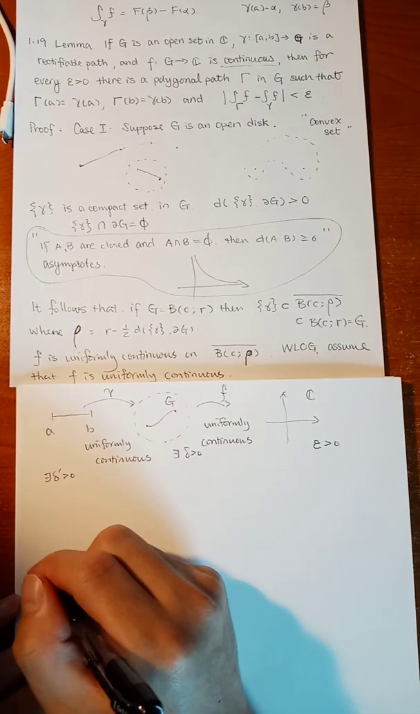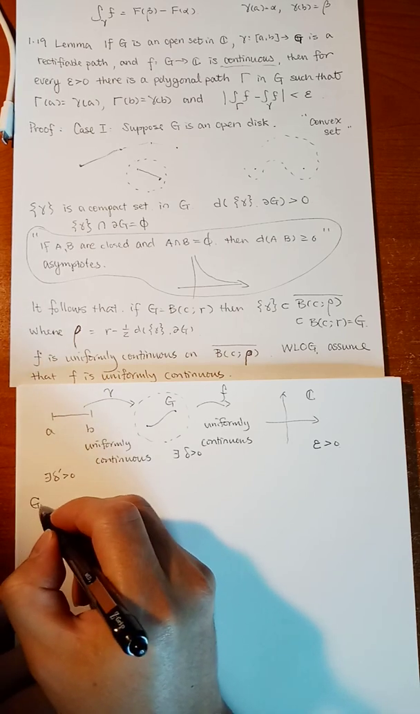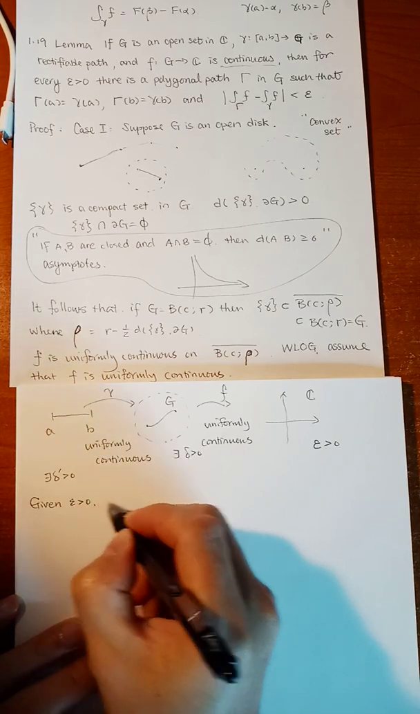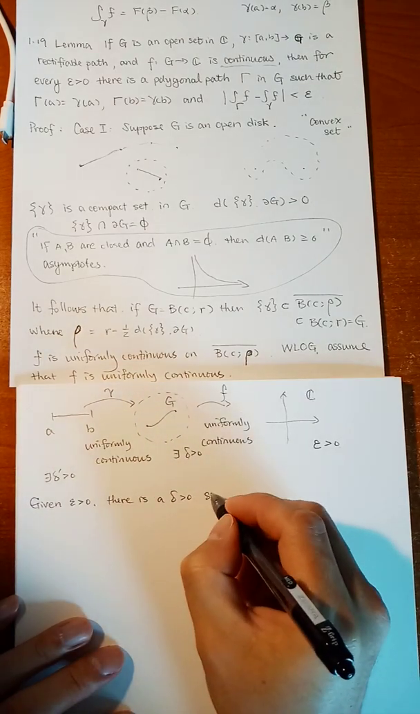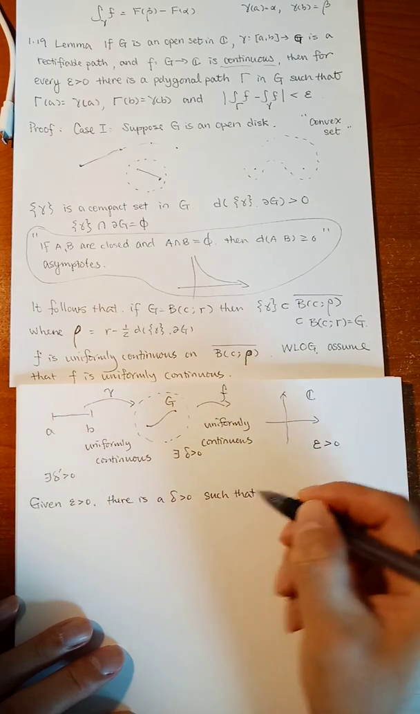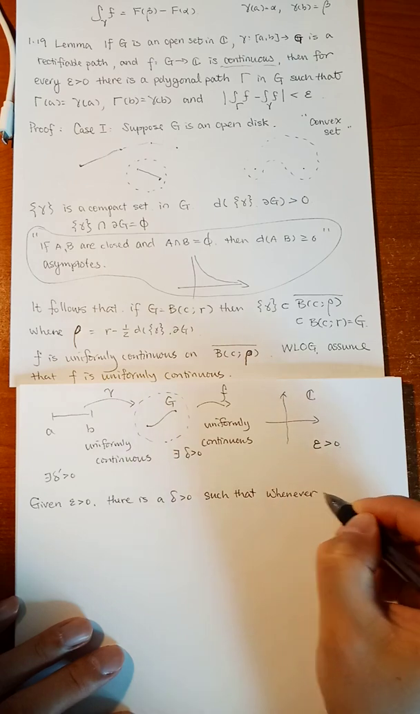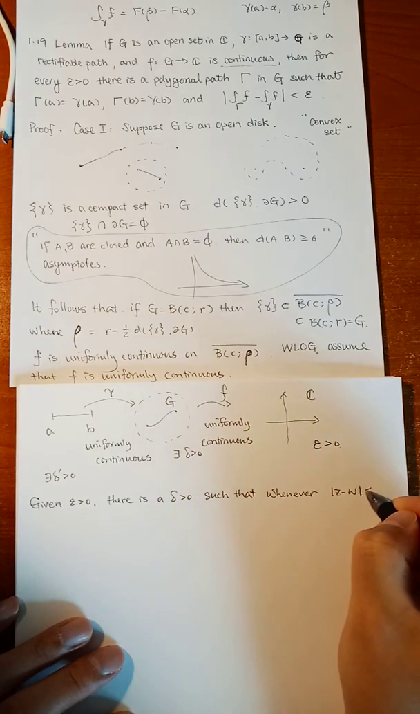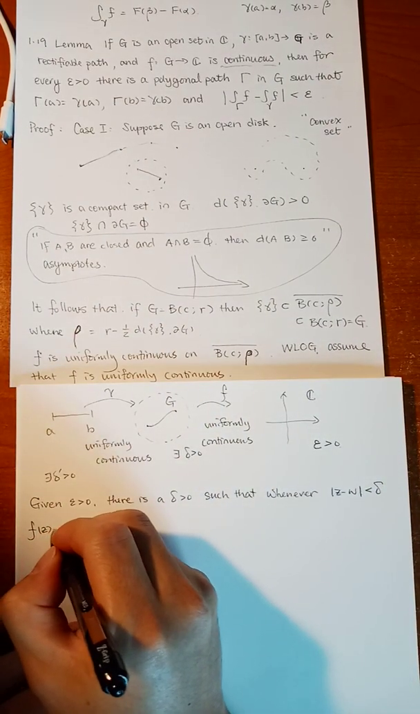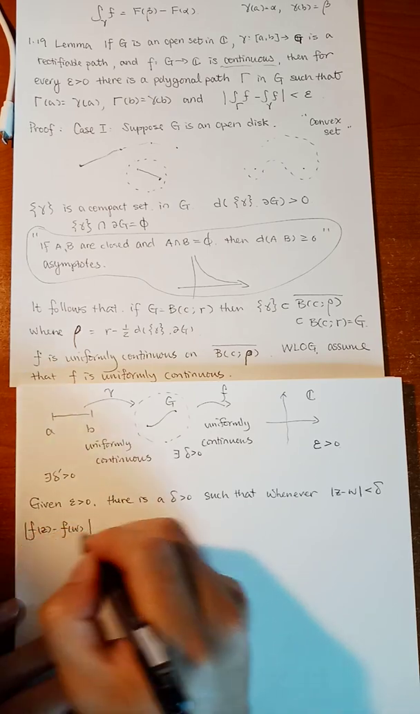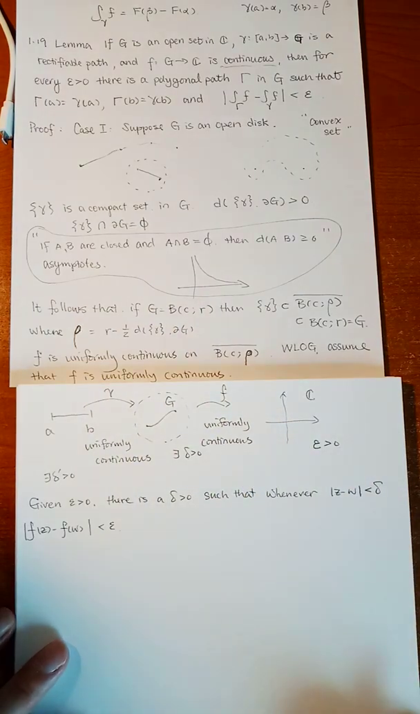Okay, let's write it down. Given epsilon greater than 0, there is a delta greater than 0 such that whenever |z minus w| is less than delta, |f(z) minus f(w)| is less than epsilon. All right, so that's uniform continuity for f. And